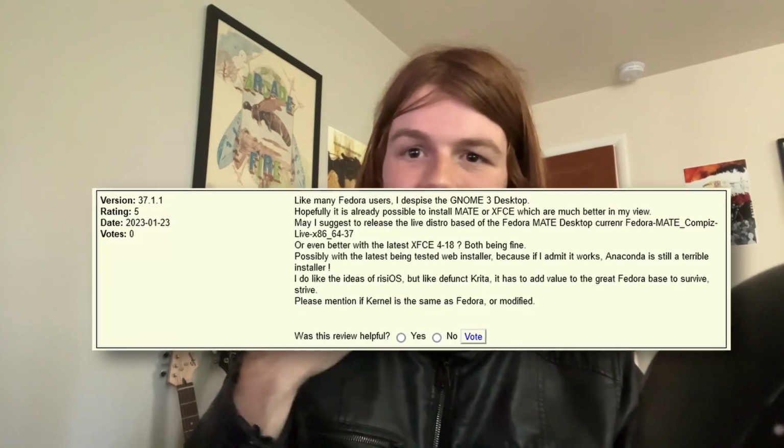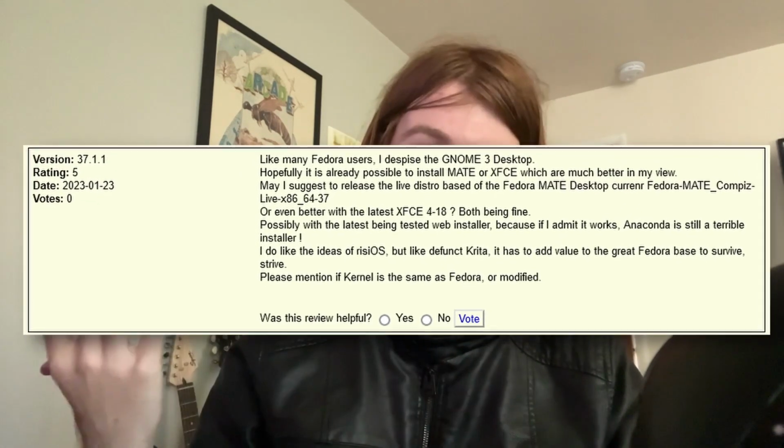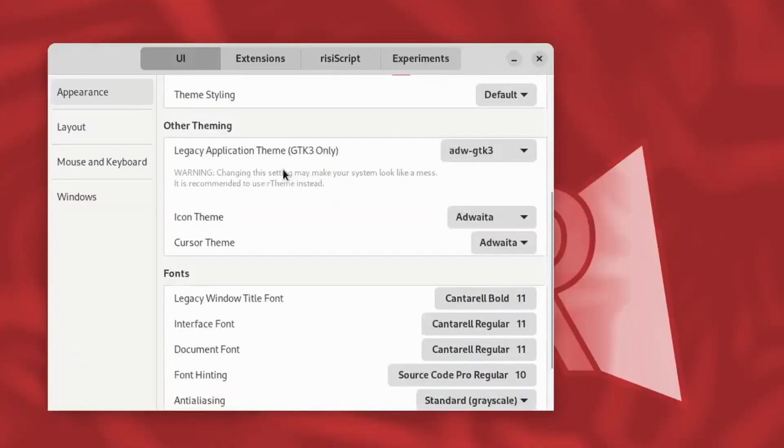Outside of those 2 reviews, I do need more negative reviews for risiOS because I'm not getting criticism. I'm having a hard time finding things to improve, so just don't be that guy who writes a review because they don't like GNOME. Overall, when considering these reviews, I knew I wanted to redo Risi tweaks with a simpler